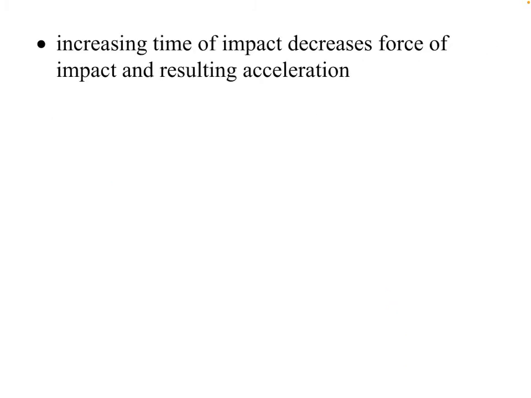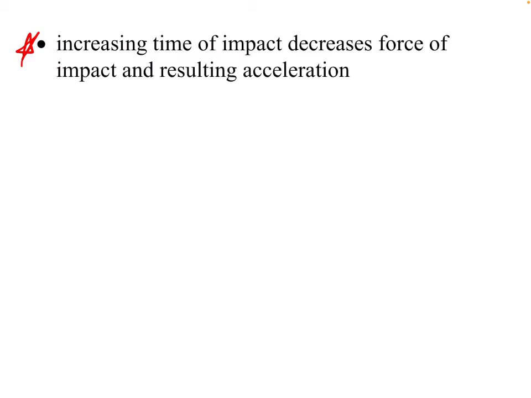And that's basically the concept that any and all safety materials are made based on. Okay? Increasing the time of an impact decreases the force of an impact and the resulting acceleration,